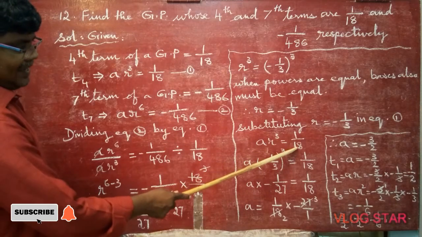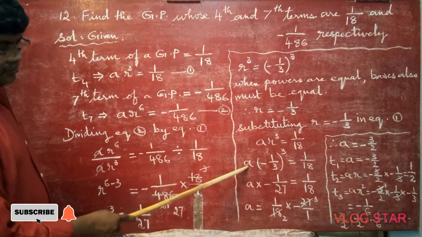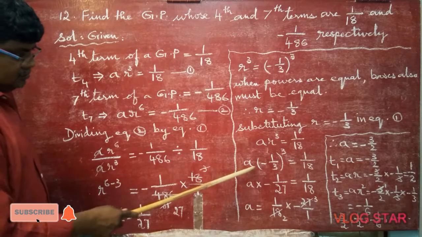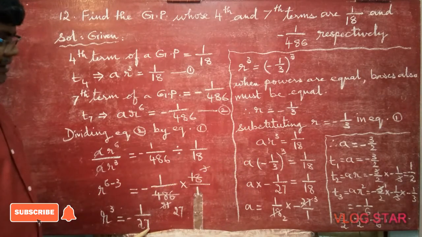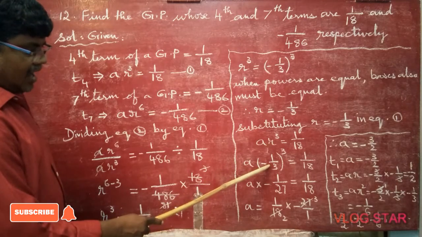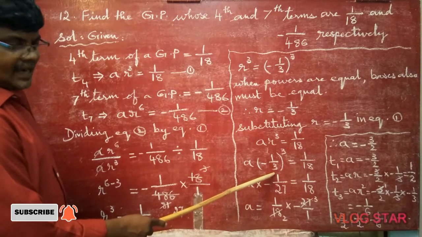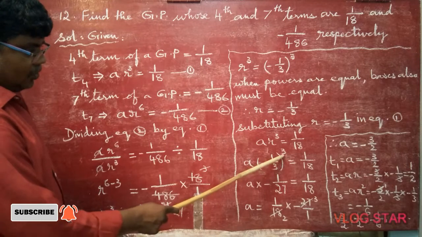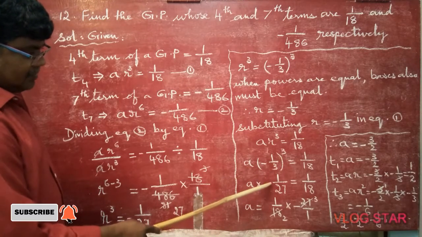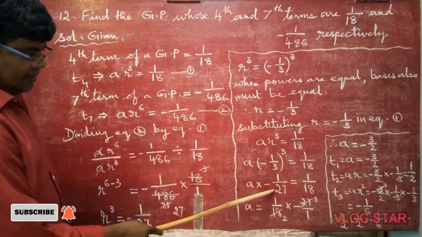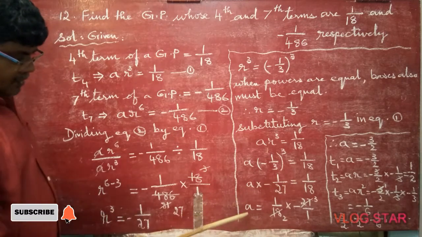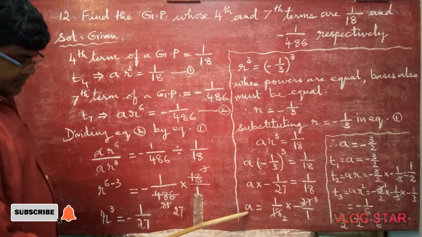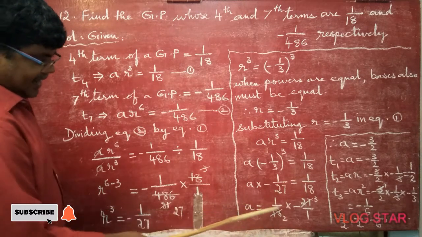ar cube is equal to 1 by 18. A we don't know, we have to find that unknown. R cube you can write directly as minus 1 by 27, but now that we found the r value, we are doing it again for understanding purpose. Minus 1 by 3 whole cube, just now I explained how to multiply. So minus 1 by 27 a is equal to 1 by 18. Unknown, keep left. A is equal to 1 by 18 as it is,